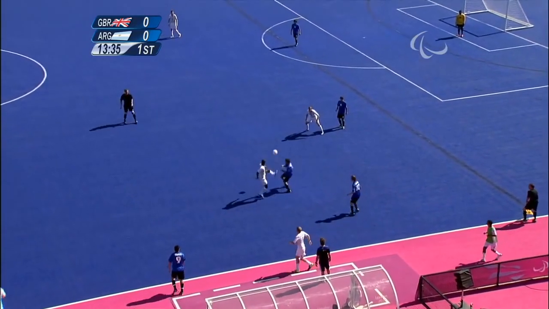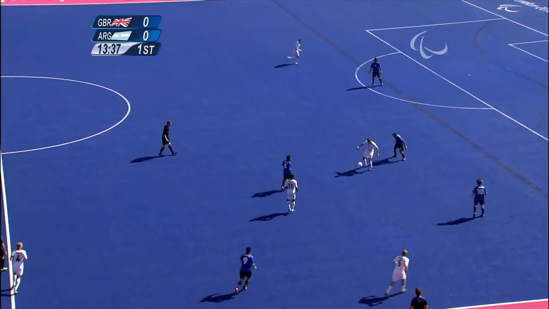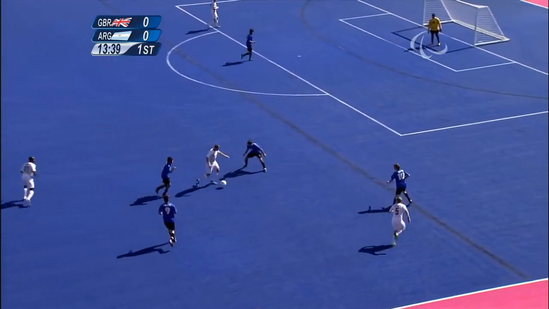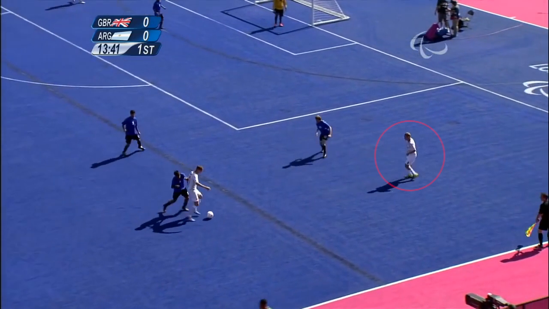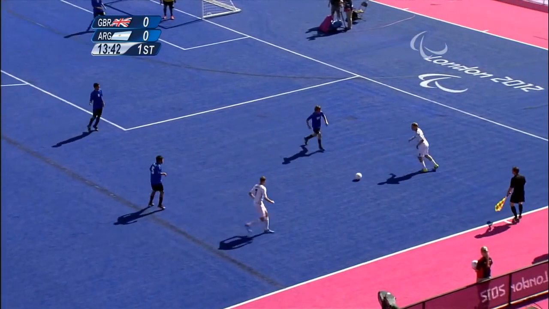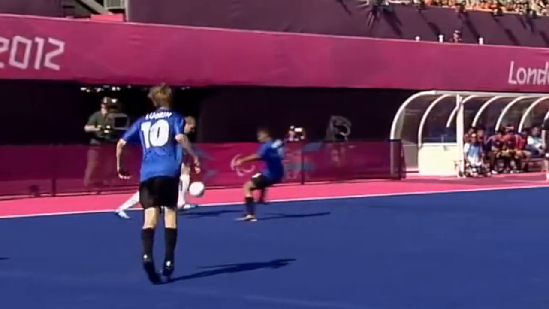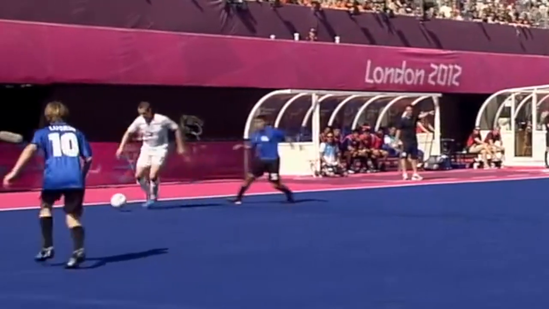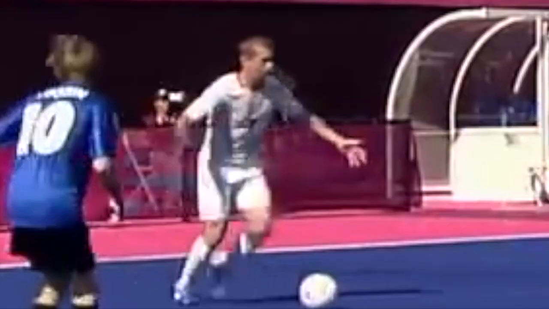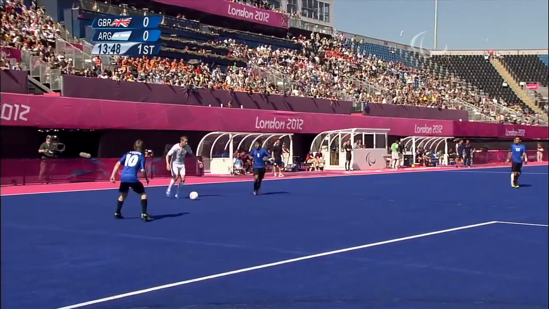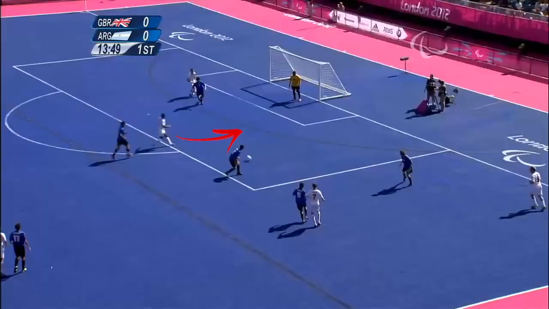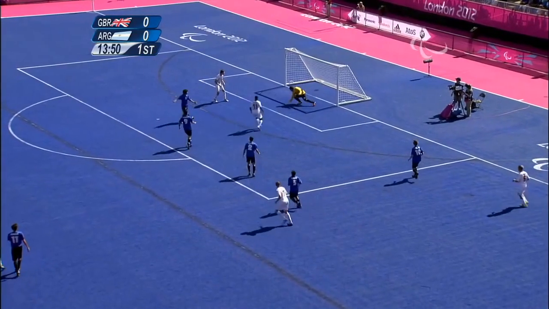For Britain's first goal, you can see that they win the ball back after a throw-in, and the right winger stays wide when the striker gets the ball to be a passing option. It's good, quick passing between them, and then a little bit of skill to get past the defender allows the player to look up and see if there are any passing options. The central midfielder pushes up and makes a good run behind the defense to slot it past the goalkeeper and